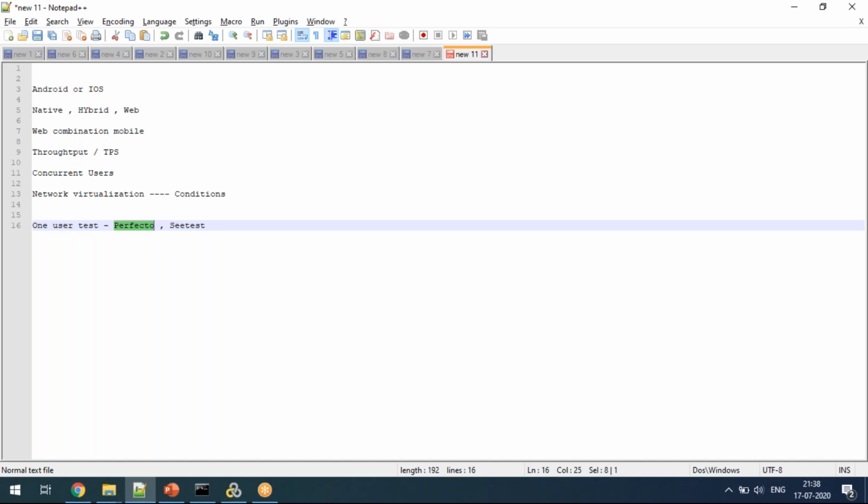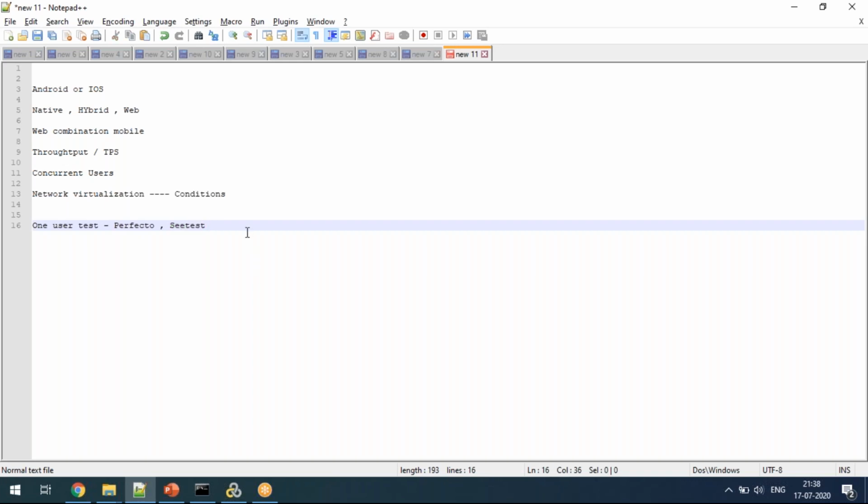And then if it is an enterprise level company, it is close to some thousands. Okay, so this licensing is a little costly. Because of that, how people are thinking is to go with a little volume. So Perfecto and Cloud test will be for very minimum users. So with that, what will you do?